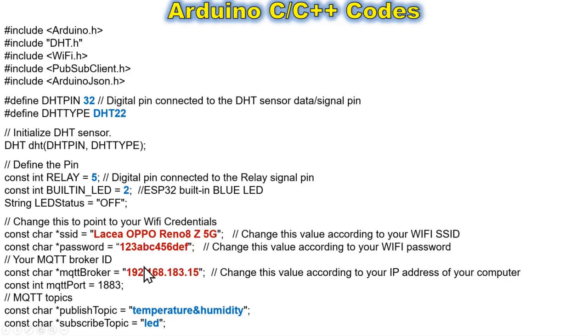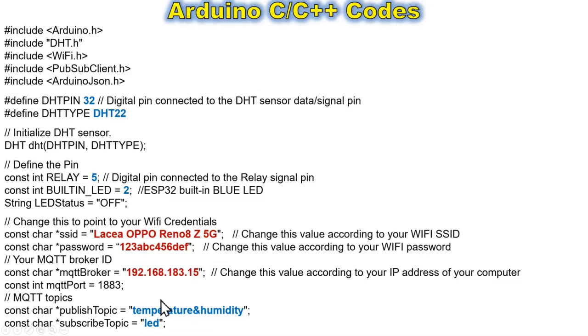I set the value of the constant variable password, which is the password of my Wi-Fi. You need to change this with the correct password of your Wi-Fi device. I set the value of the constant variable MQTT broker with the IP address of my computer, and you need to change this IP address according to the IP address setup of your computer.